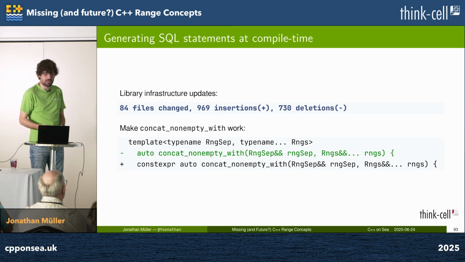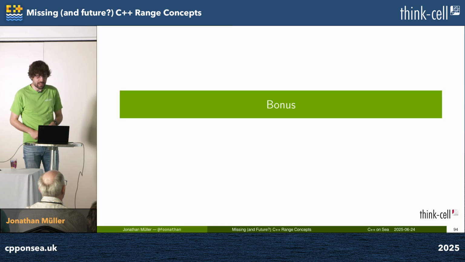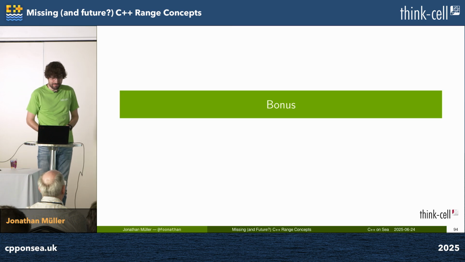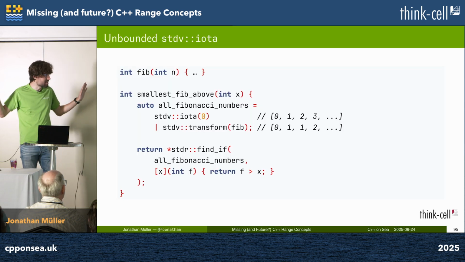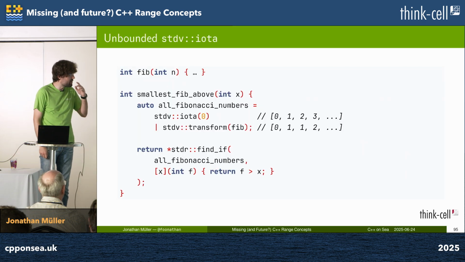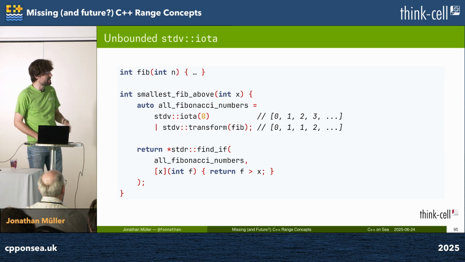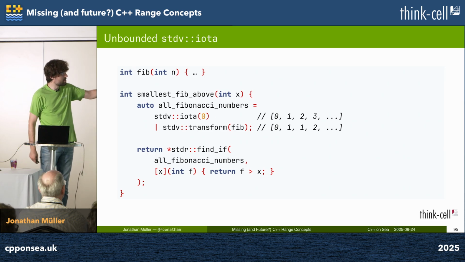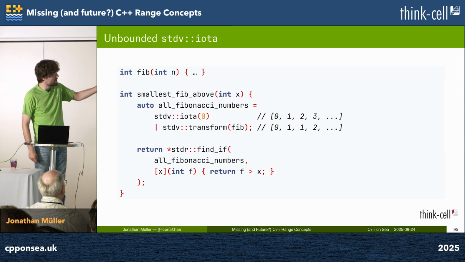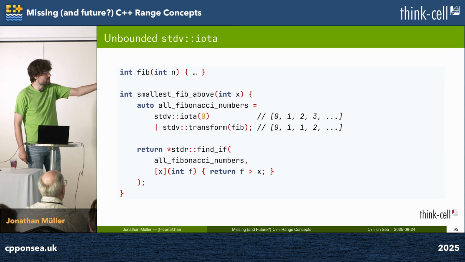Okay, I'm going to defer questions to the end, because now it's time for some standardese lawyering. Entirely different. This is some code that finds the smallest Fibonacci number that's greater than some threshold. We start with a sequence of infinite integers, then we transform them with the Fibonacci function, which just computes the nth Fibonacci number, and then we have all the Fibonacci numbers, and now they're sorted, and we want to find the first one that's